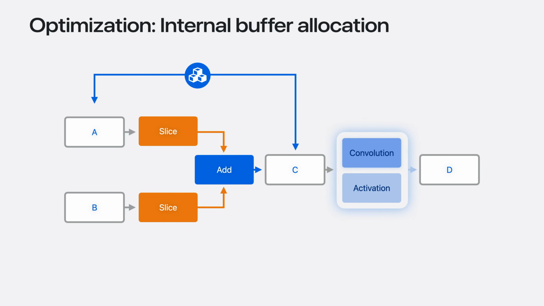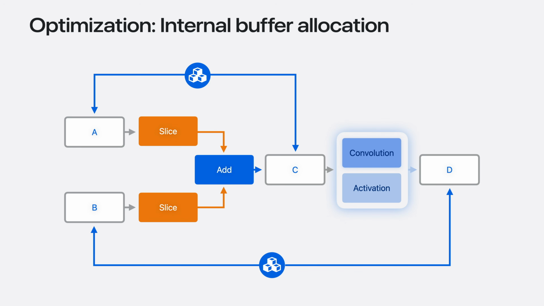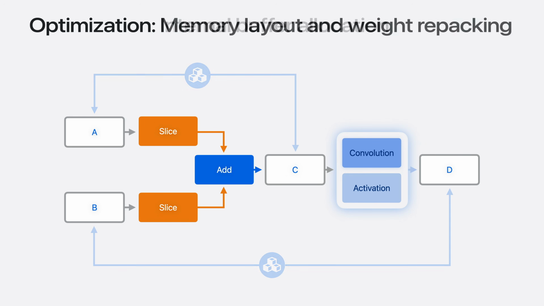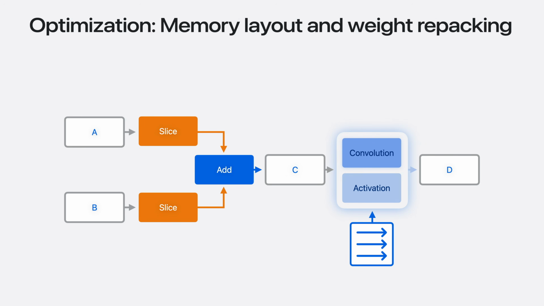By ensuring tensors share memory where possible, BNNS graph can also optimize memory usage and eliminate unnecessary allocations. In this example, tensors A and C can share the same memory, and tensors B and D can also share the same memory. BNNS graph's weight repacking optimizations can repack weights from, for example, row major layout to a blocked iteration order that can provide better cache locality.